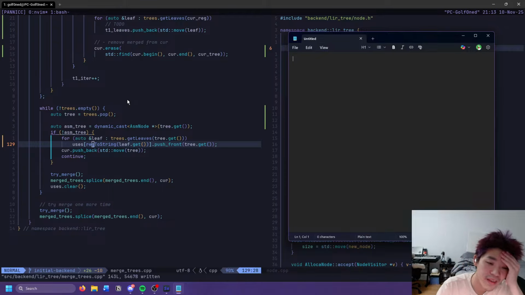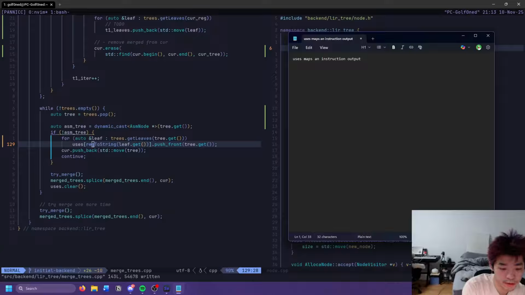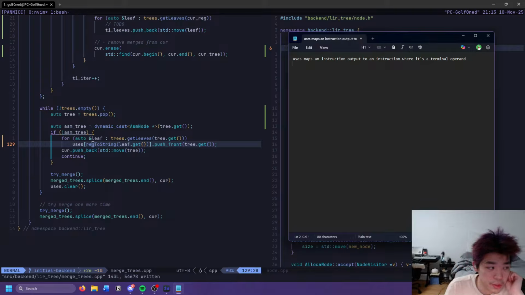So, uses of... I guess uses maps a instruction or a output to... so maybe that's how I'm thinking about it. And then, so when it's consumed,